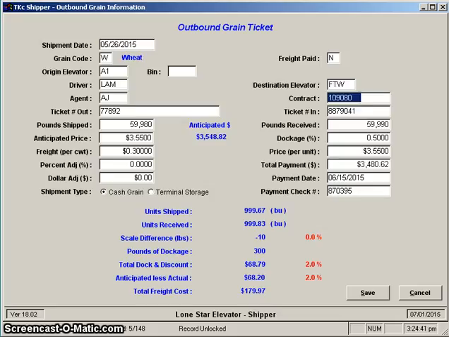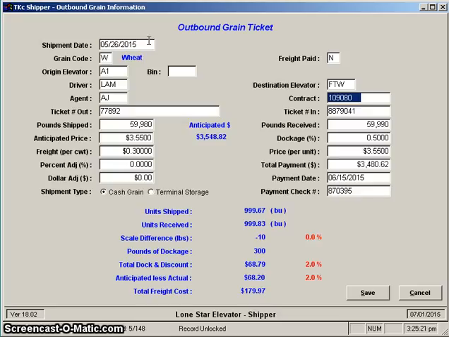Now then, the remainder of the fields from the contract down, generally you will not be able to determine until such time as you get a ticket back or information back from the facility to which you ship the grain. At that time, they will tell you what contract number they applied it to. They'll give you their ticket number and how much it weighed, indicate to you how much they're docking it, the price they're going to pay you, and then the total payment you'll enter there if they're actually going to get you paid right then. You enter in the total payment, you enter the date of the payment, and the payment